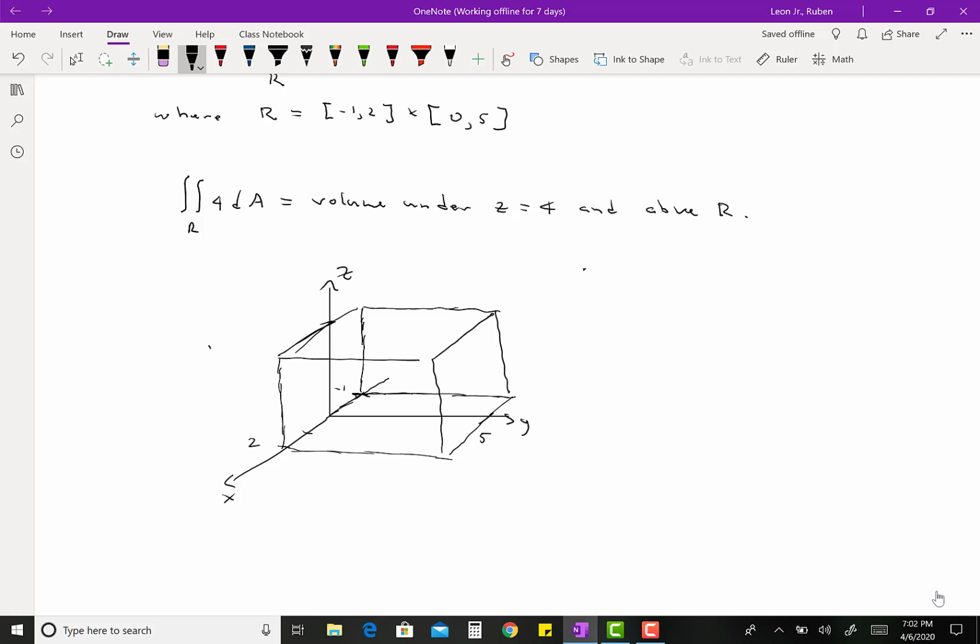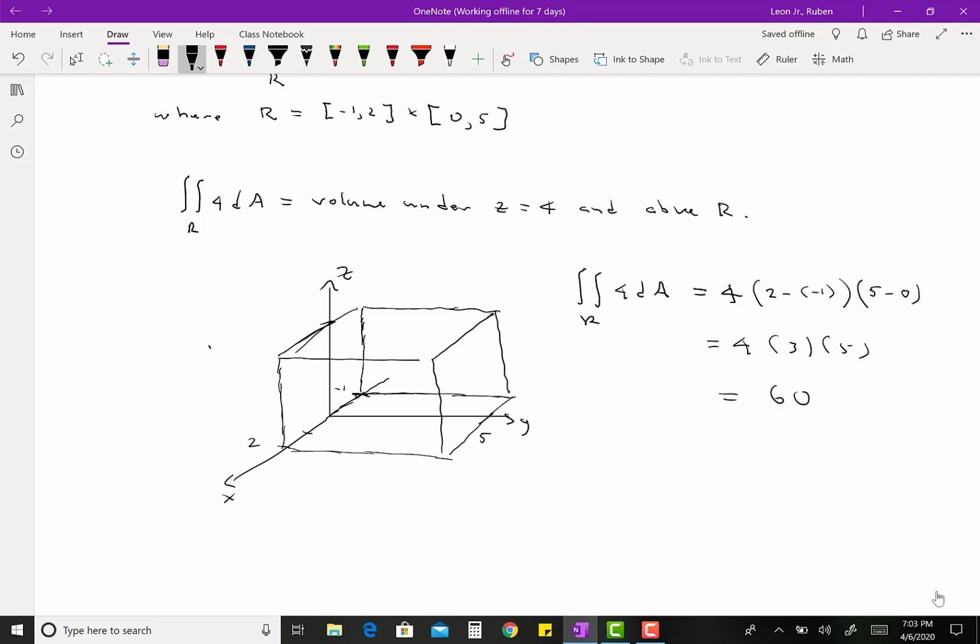So this double integral of 4 over the rectangle R is nothing more than the height of the box times the length of the box. The distance between -1 and 2 is 2 minus -1, times the width of the box. The distance between 0 and 5 in the y direction is 5 minus 0. So 4 times 3 times 5,